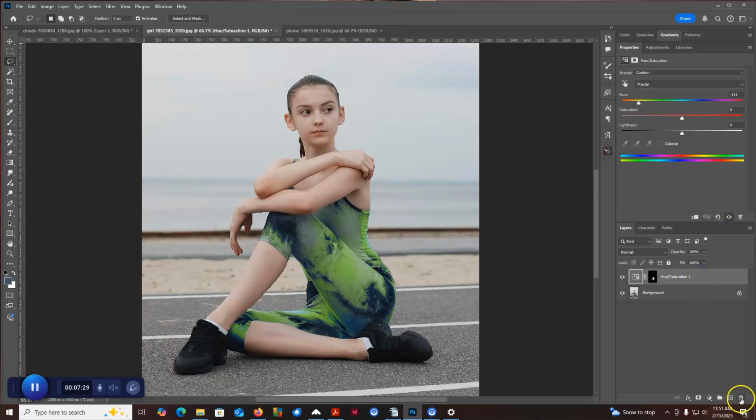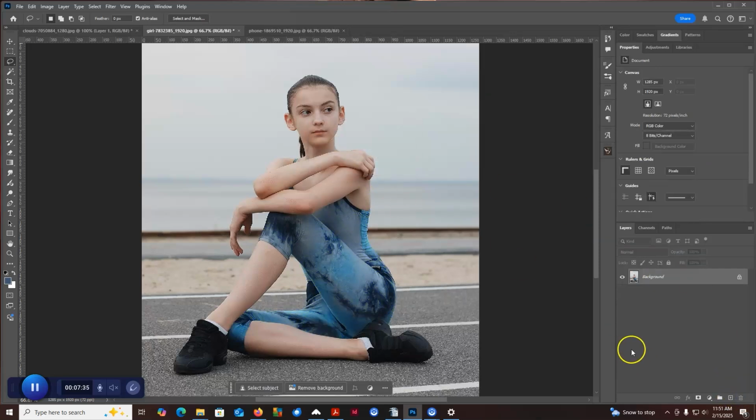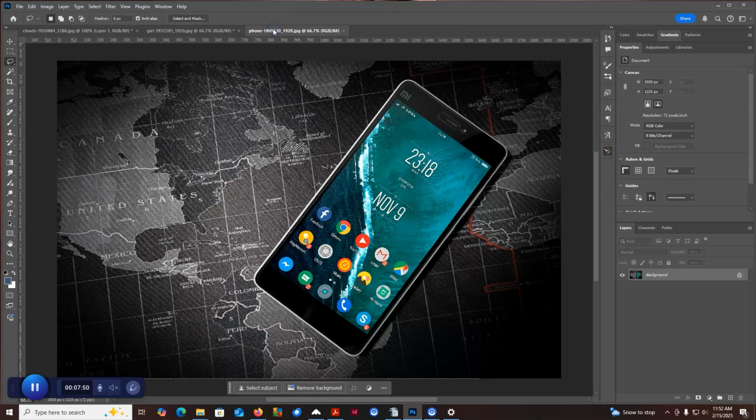All right. So I'm going to hit the trash can here, which takes out that adjustment layer, so I can go back to this. Now, you can also select things differently. Instead of using that, I can choose different things, like if I go to this one where it shows the phone,